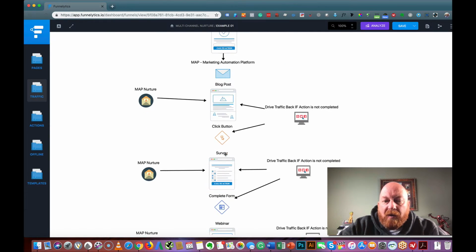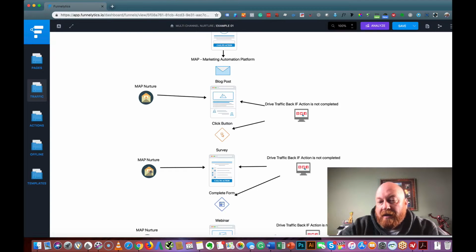And so on and so forth, you go down, maybe day 2, 3, or 4, they receive a survey. The same way, if they receive that survey and do not interact with it, then we want to drive that traffic back. It's the great thing about thinking about it this way. How many times when you personally receive an email do you think, oh, I'm going to save this and come back and check on it later? I'm guilty of that. Several times every day I find very interesting content, and I will tell you the ones that are successful in getting me to engage with the content and move further down the information process are the ones